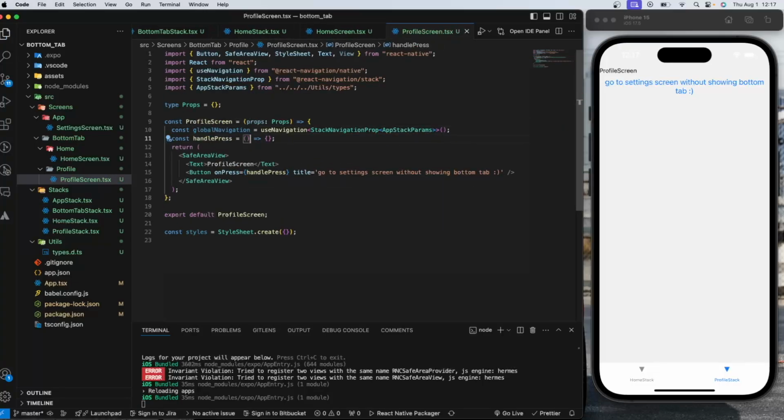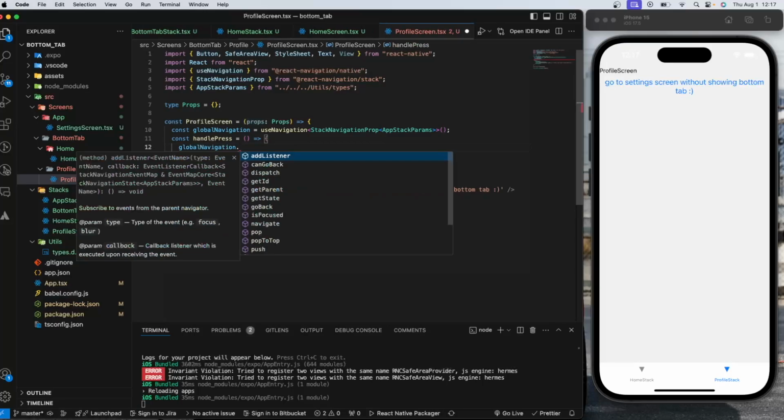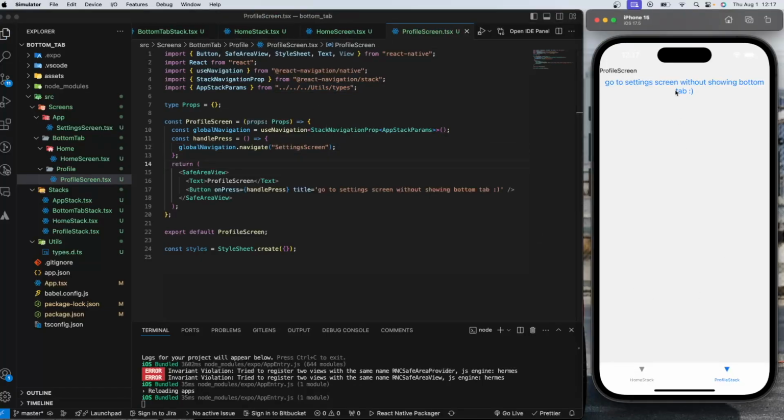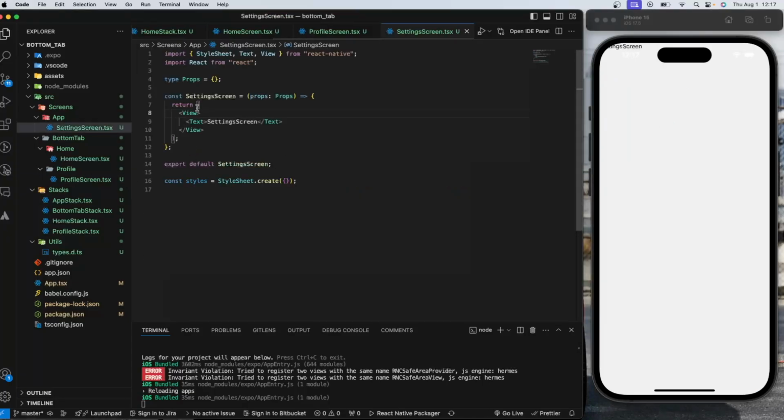Save. So if I try to navigate now, as you can see I get bottom tabs and settings screen, which are in different stacks for our application logic. So if I do settings screen here and press, as you can see, I am in